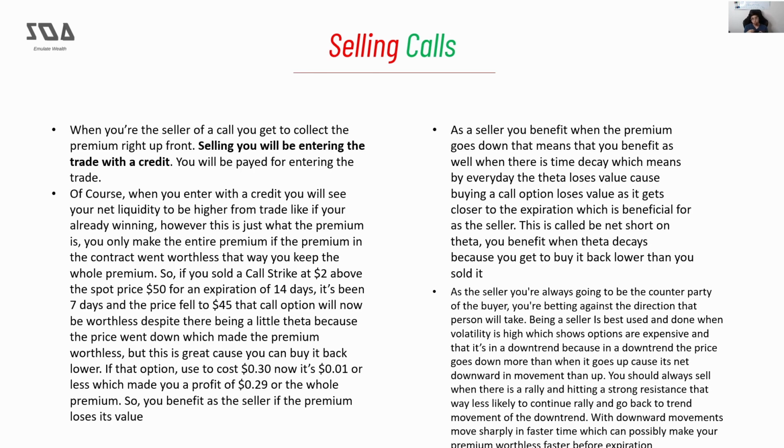So you'll see that when you short an option, your theta is going to be positive, because as long as the spot price is below the strike price, in this case for a call, and it gets close to expiration, that option is going to expire worthless. If it expires worthless, you get to collect the premium, because the premium is much smaller than what you sold it for. So it's actually the exact same thing as shorting a stock. In options, you always want to sell high and buy back low.